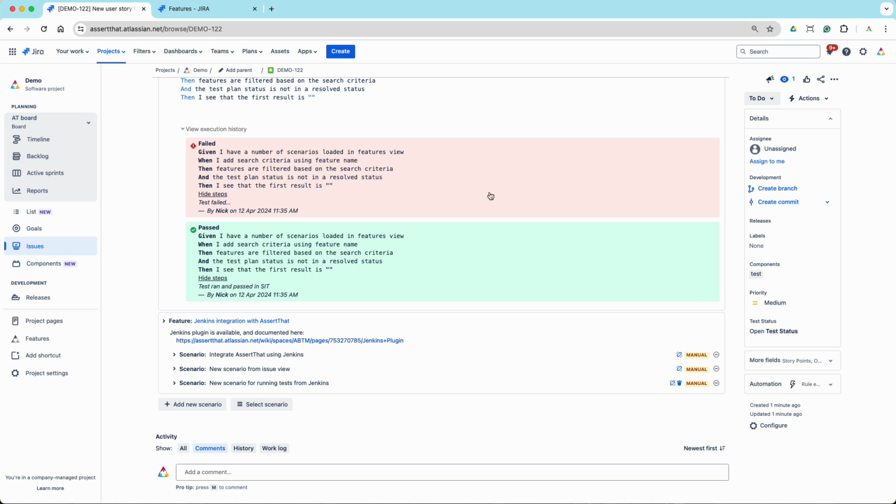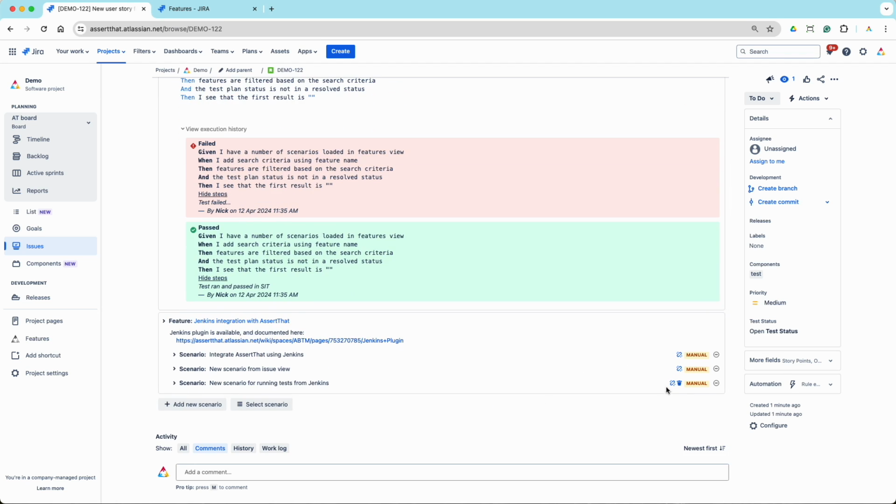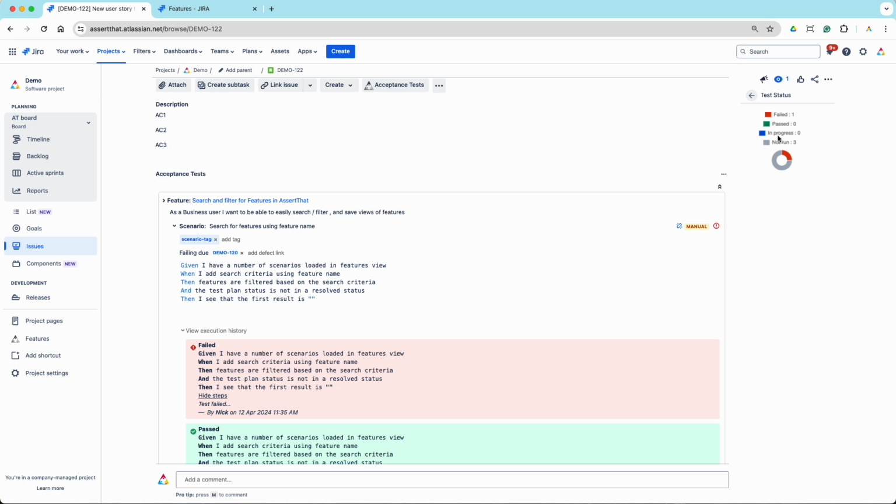Other things to say. So we've obviously passed and failed some of the manual tests here. From an automation perspective, you won't be able to just update the status there. When your test automation framework executes, what you'll do is use the custom APIs and integrations to load the cucumber.json file back into AssertThat. The status will then automatically be updated on here. So for automated tests, the status will get updated here, and also within this open test status, this represents